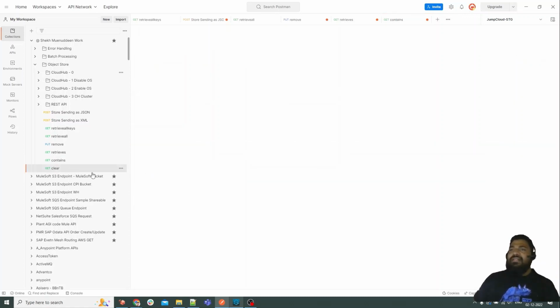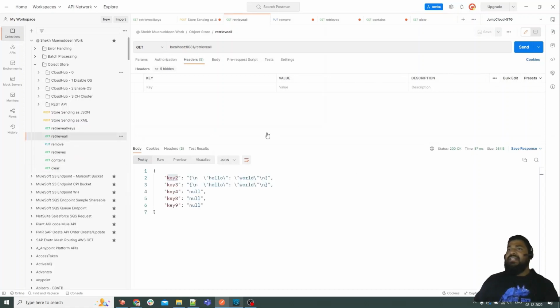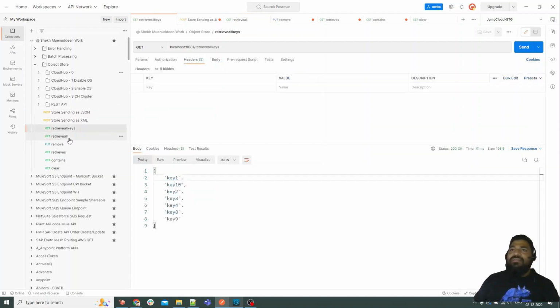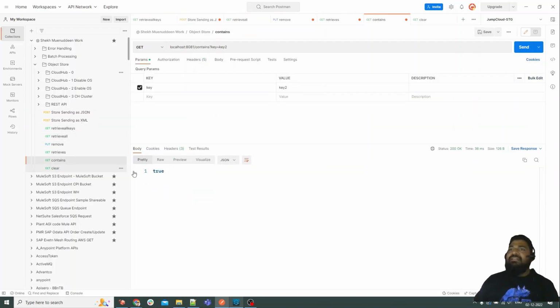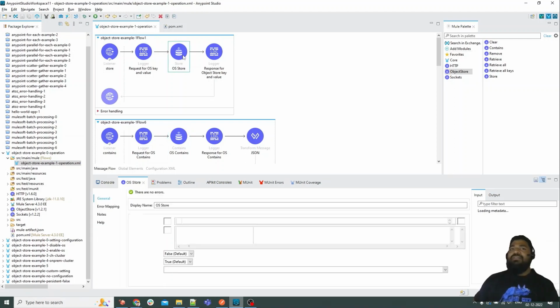The last operation is clear, and clear is used to clear all data of the object store. When I call this one, as you can see, we are getting a success response, and if I retrieve all, I'm getting an empty response, because I have used the clear operation. As you can see, there are 7 operations we have successfully called from the object store. There is one more thing I want to explain,